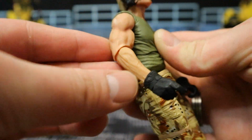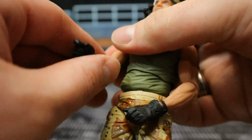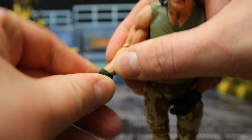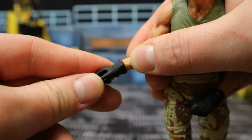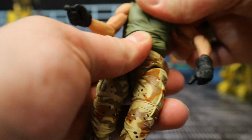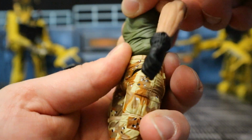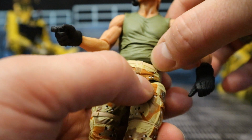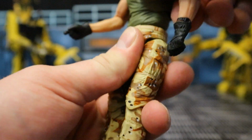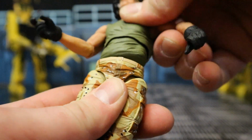No bicep cut. Single jointed elbows that go in just about 90 degrees. They can rotate as well. His wrists can rotate around, and they're hinged as well. He's got kind of a ball joint in his waist area at the top. Can rotate, but only about this far, and it's going to allow him to go in and out as well. Another ball joint in the middle here, and he can rotate quite a bit more and go forward and back more as well. But between the two of them,